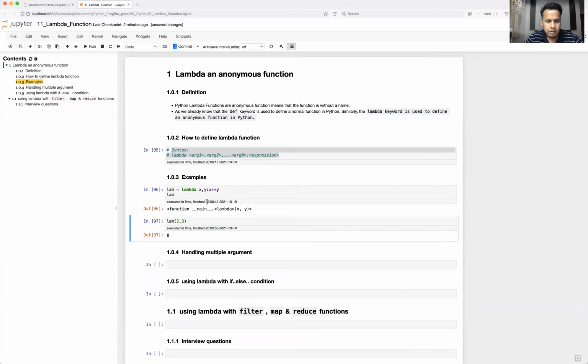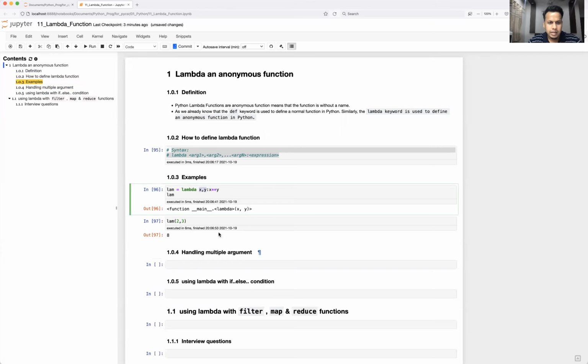If you see here, I'm not using any return keyword, right? By default, lambda returns whatever is the output of the expression. In the previous video we were talking about the Python function, and there we used the return keyword. If any expression is providing some output and it needs to be used further, then you need to return it. But here in lambda, it is not required. That's how you use it. You can write any kind of expression here which will be evaluated. And coming to the number of arguments, it doesn't have any limitation. The way we were passing arguments in a Python function, in a similar way you can pass them in lambda also.